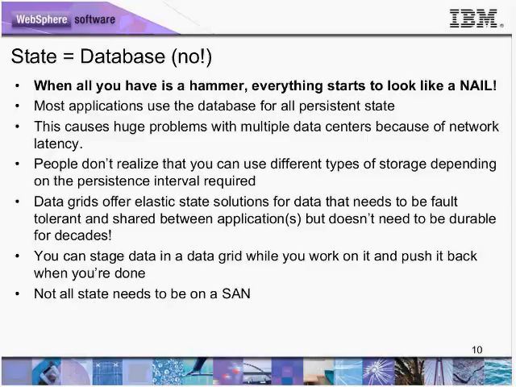But what people didn't realize is that depending on the type of data that you're storing and how long it needs to be around for, how long it needs to have access to it and high availability to that data, you can have different options for storing that piece of information. Data grids offer an elastic state solution for storing data that needs to be fault tolerant and shared between applications, but doesn't need to be around for months, years, and so on. This data grid option is a very good solution for application data like HTTP session state that only needs to be around for as long as the session is alive, say 30 minutes or an hour, depending on the application itself. Not all of the state needs to be